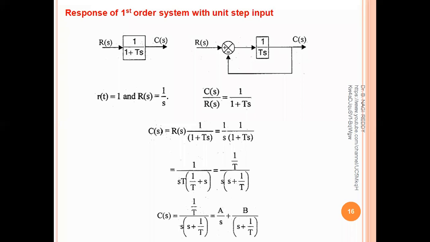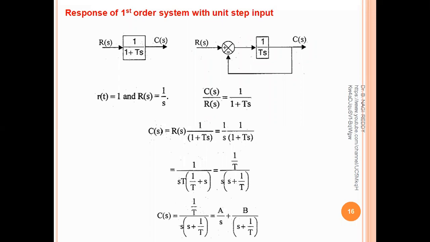So in today's class, we will see the response of first order system with unit step input. So we are having so many signals. We will check the response of our first order system with the unit step, which is our input. So unit step means the magnitude of the input is 1. That's why it is unit. And the step signal, you know how it will be, right? And our system is first order system.